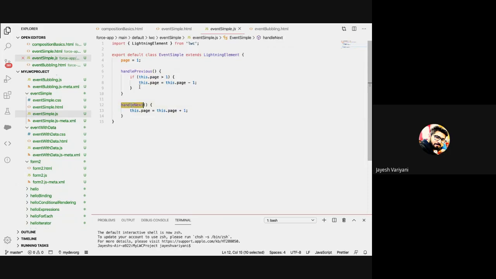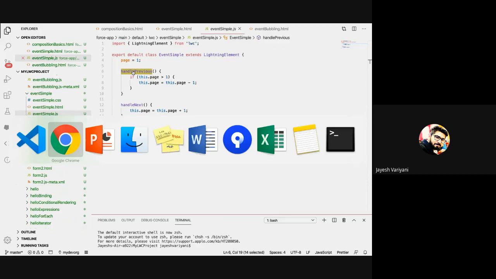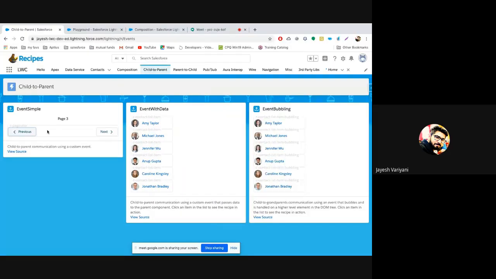As you can see, this method does nothing special. It just increments the page number, or decrements the page number, based on the event we call. A simple example, but here we try to understand how the communication takes place from a child component to a parent component, right? In real-life examples also, if you see,